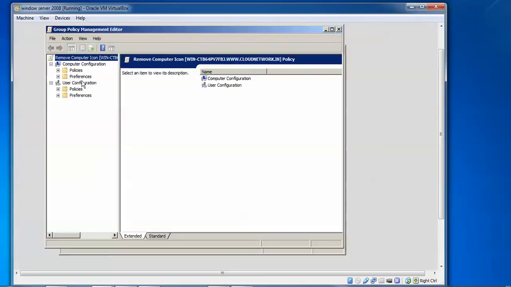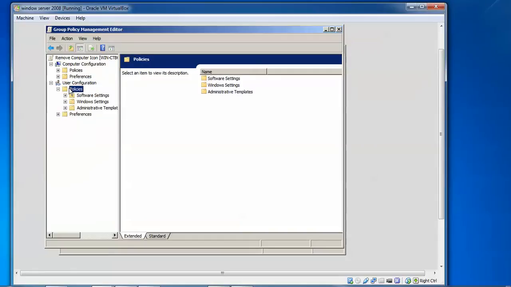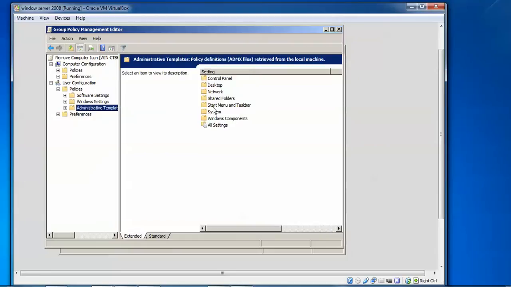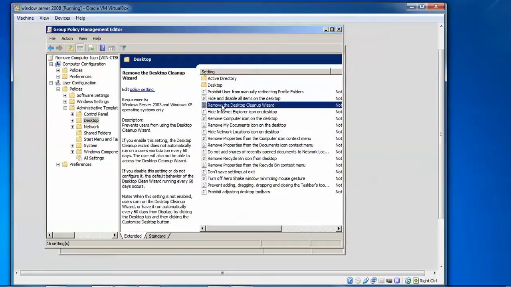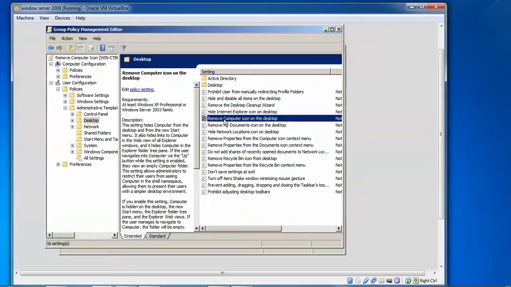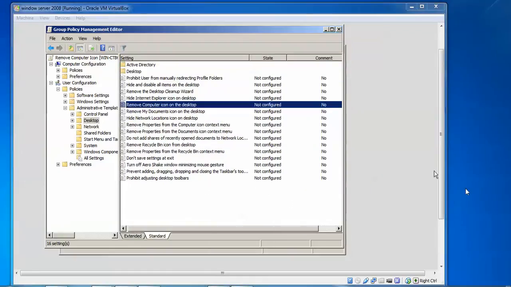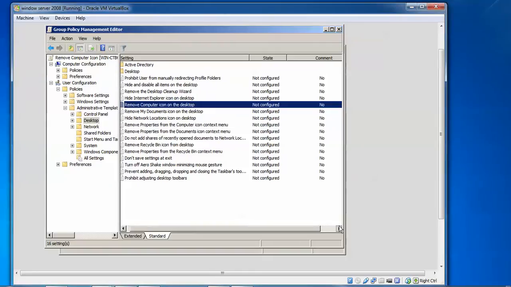You need to go to User Configuration, then Policies, and then Administrative Templates. Then click on Desktop, and select Remove Computer icon from Desktop. On the right side it is the standard setting.